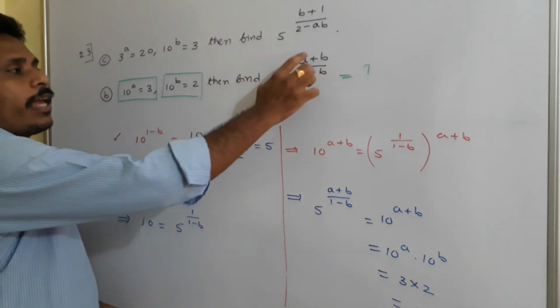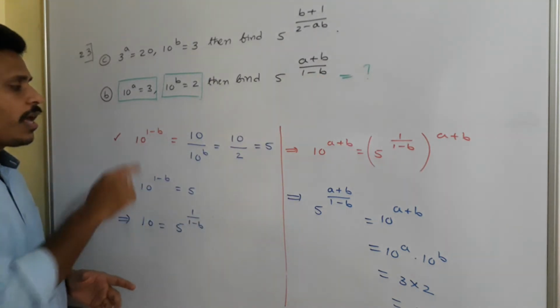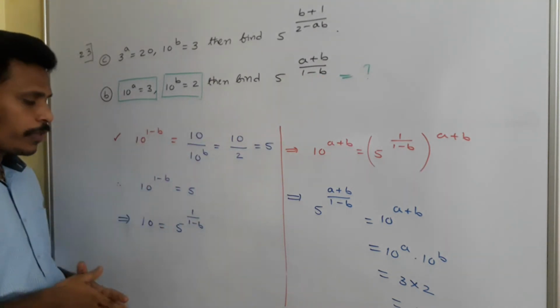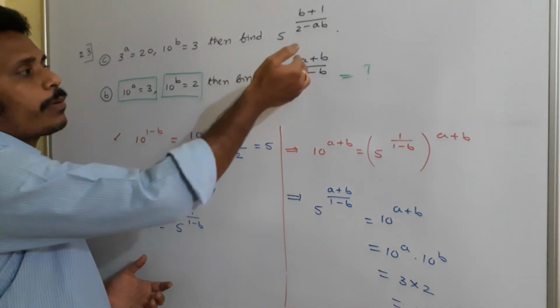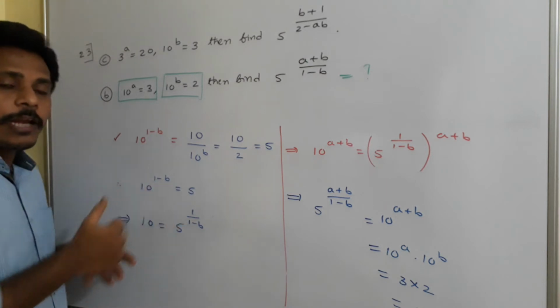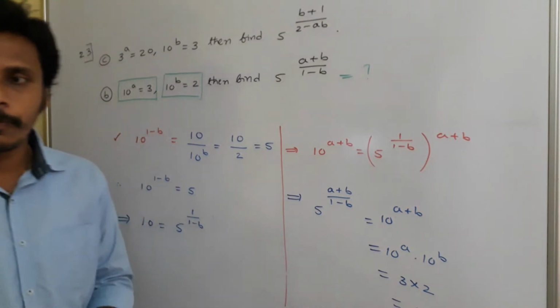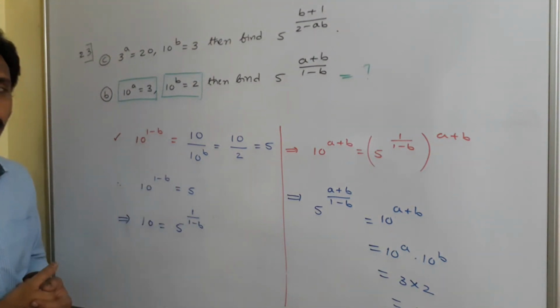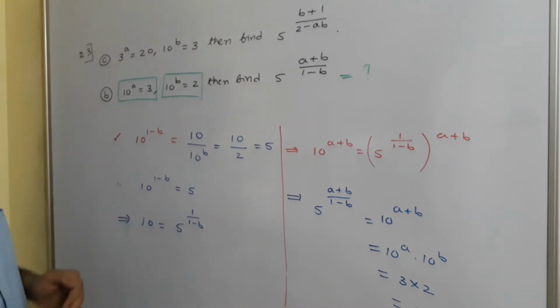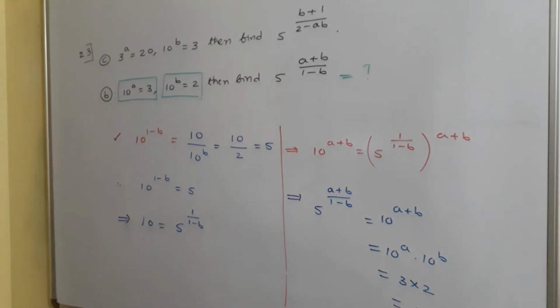Initially I have this (a plus b) by (1 minus b), and I am just focusing on this 1 minus b. I prepared this 1 minus b first, so 10 as 5 power 1 by (1 minus b). After that, since I need 5 power (a plus b) by (1 minus b), I just applied power (a plus b) on both sides. Then our answer is 6. Just have a look, observe the problem, analyze it, the plan, how we did it, and use the same approach and plan to solve the first problem. If it is clear, then try to solve the 23rd C.